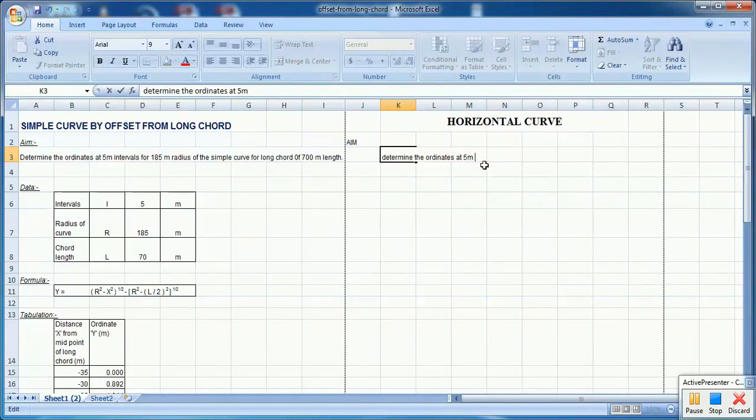Suppose during typing you click somewhere else, then you don't have to continue there. Go back to the first cell where you started, double click on that cell, or use the main toolbar, and continue. So that is 5 meter intervals